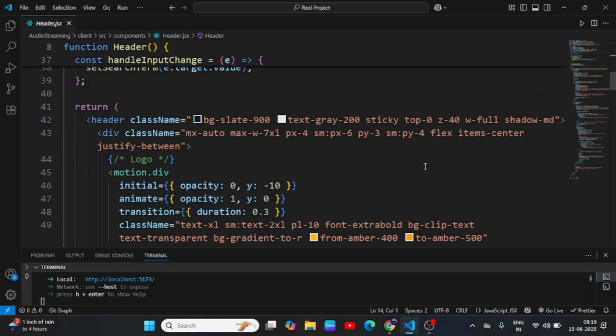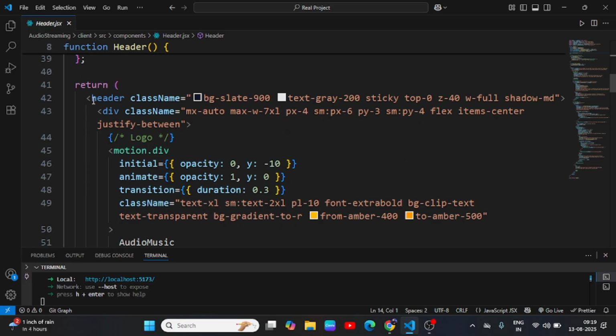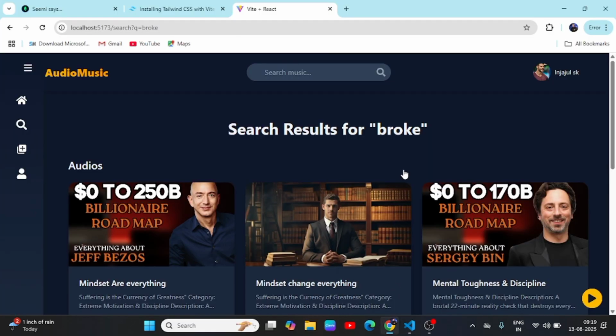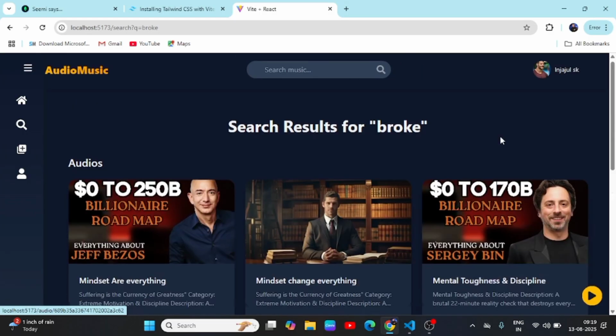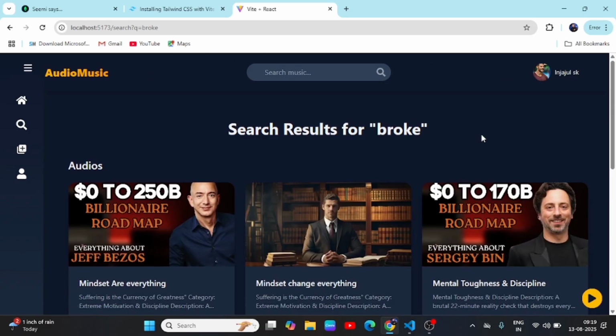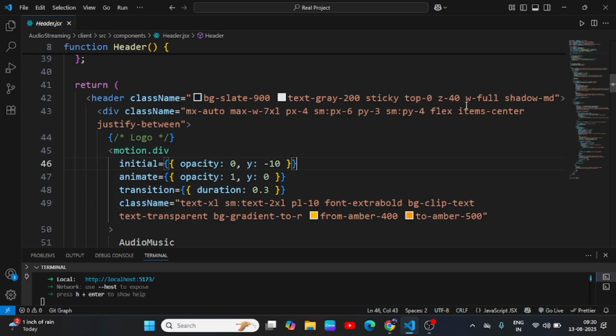So I just go through it, because it's not a CSS class. So guys, it's very simple. I'm using header, and it's a background, and it's sticky. Sticky means you can see if you scroll, the header also can scroll, but if you put fixed, then this header cannot scroll. So yeah, that's called sticky. And then with full shadow, and also